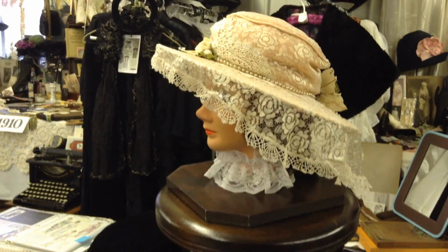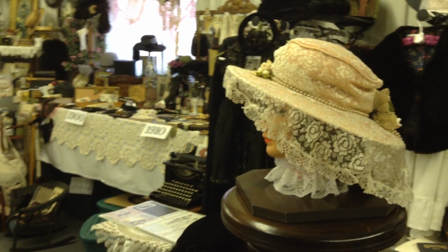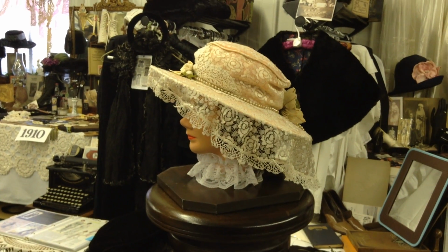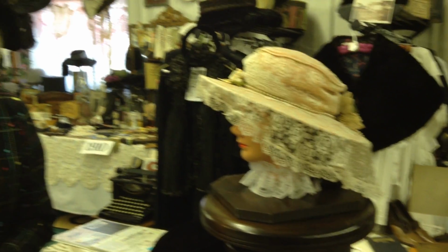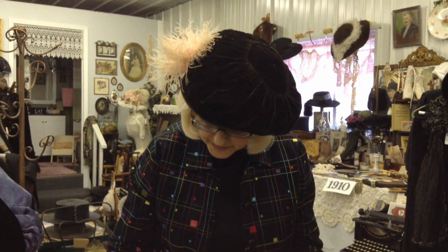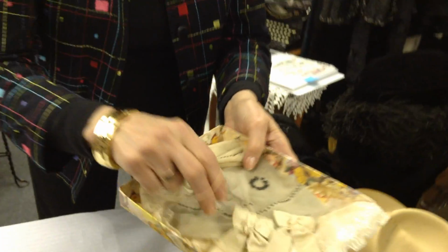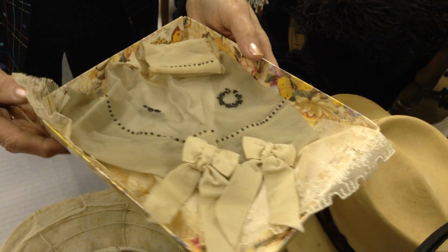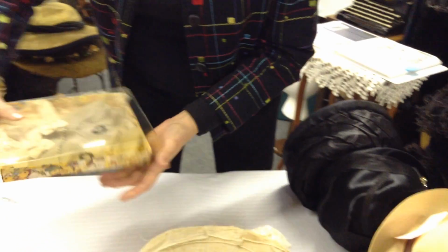And honestly, that one is something that I had to remake. It was in such horrible condition that honestly, the owner of the shop just gave it to me. She said, this is hopeless, and she was about to throw it away. I kept some of the parts from what I took off. This is the only parts that survived in any entirety. It was just in terrible condition. But I remade it as best I could,